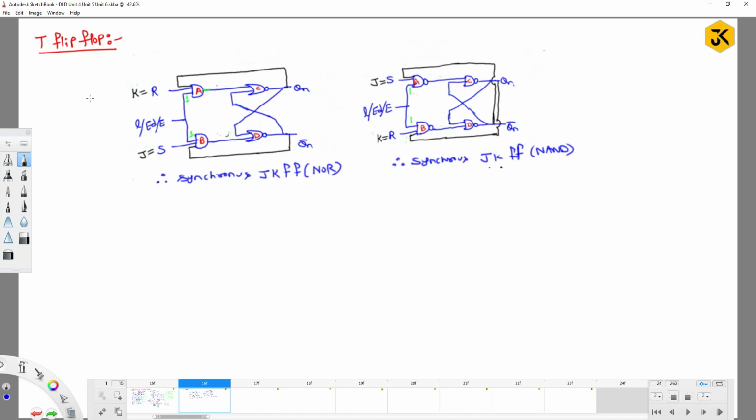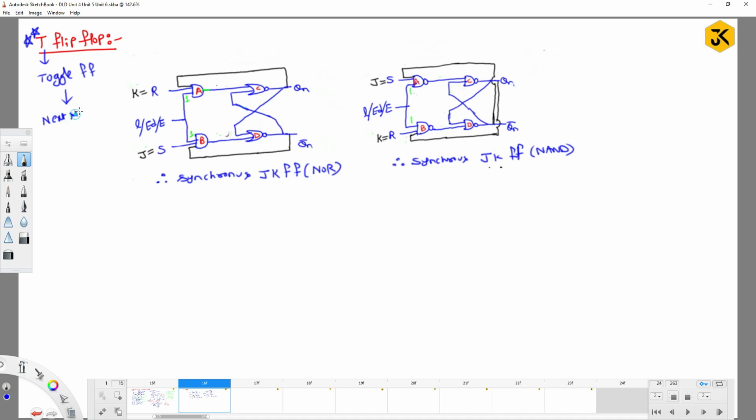Hi everyone, in today's class we'll see the concept of T flip-flop. Here T means toggle. So toggle flip-flop I can call. The reason why they are calling it a toggle flop is the